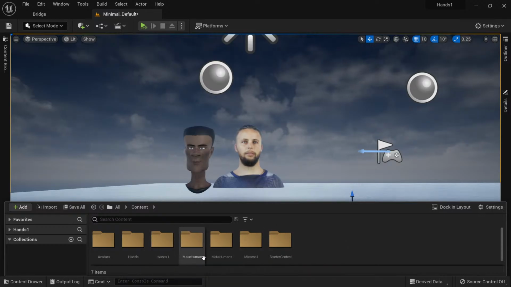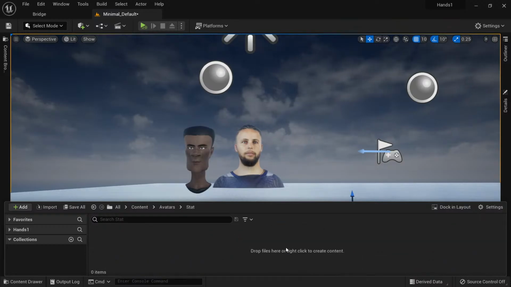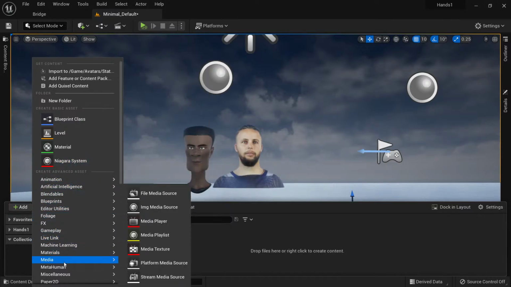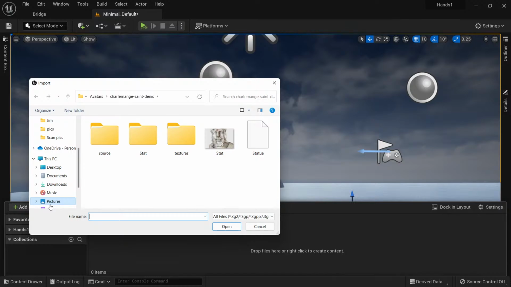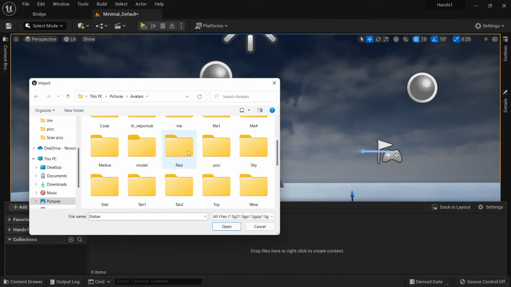Then what we're going to do is go back to my avatars folder that I created, and then go to stat and start putting stuff in there. So I created a stat folder here. We're going to go to add, and we can either add the MetaHuman identity asset in first, or you can import the character first. It doesn't matter which procedural step you want to do. It's basically the same stuff. So we're going to go to statue. Actually, no, that's not the one. We're going to go to avatars, stat,